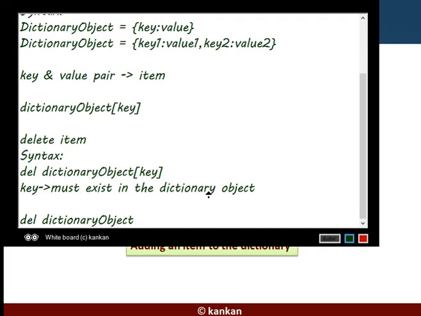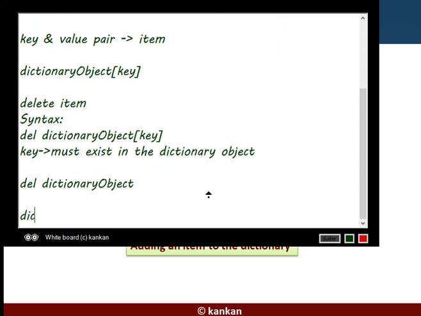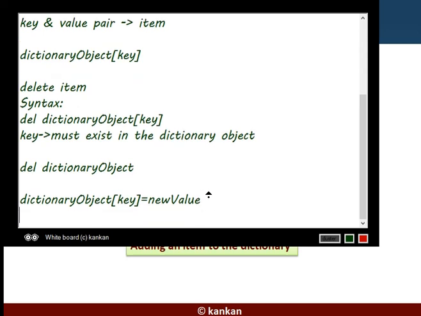Just mention the dictionary object and mention its key. Now insert a new value. Okay, any type of value can be there, any new value. So just try it in code.